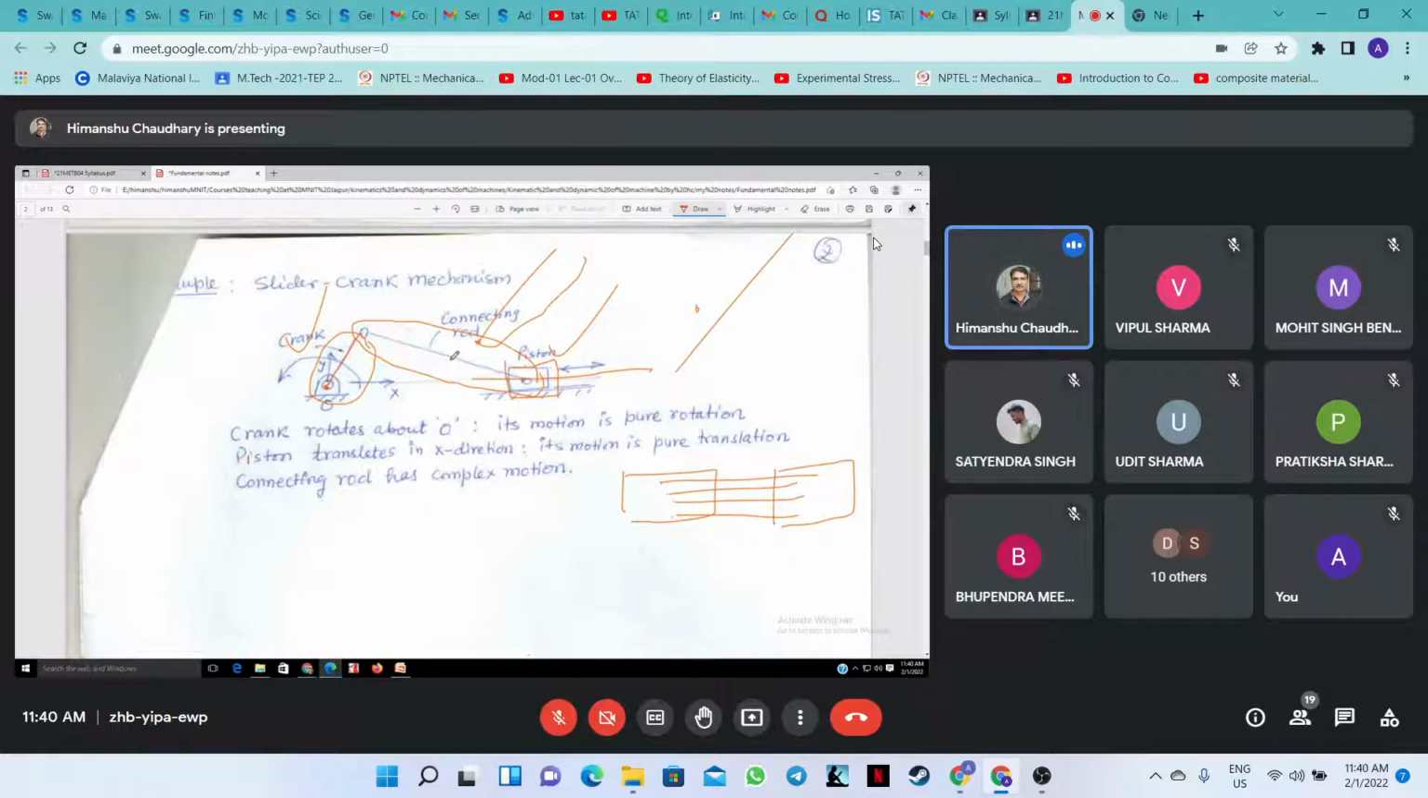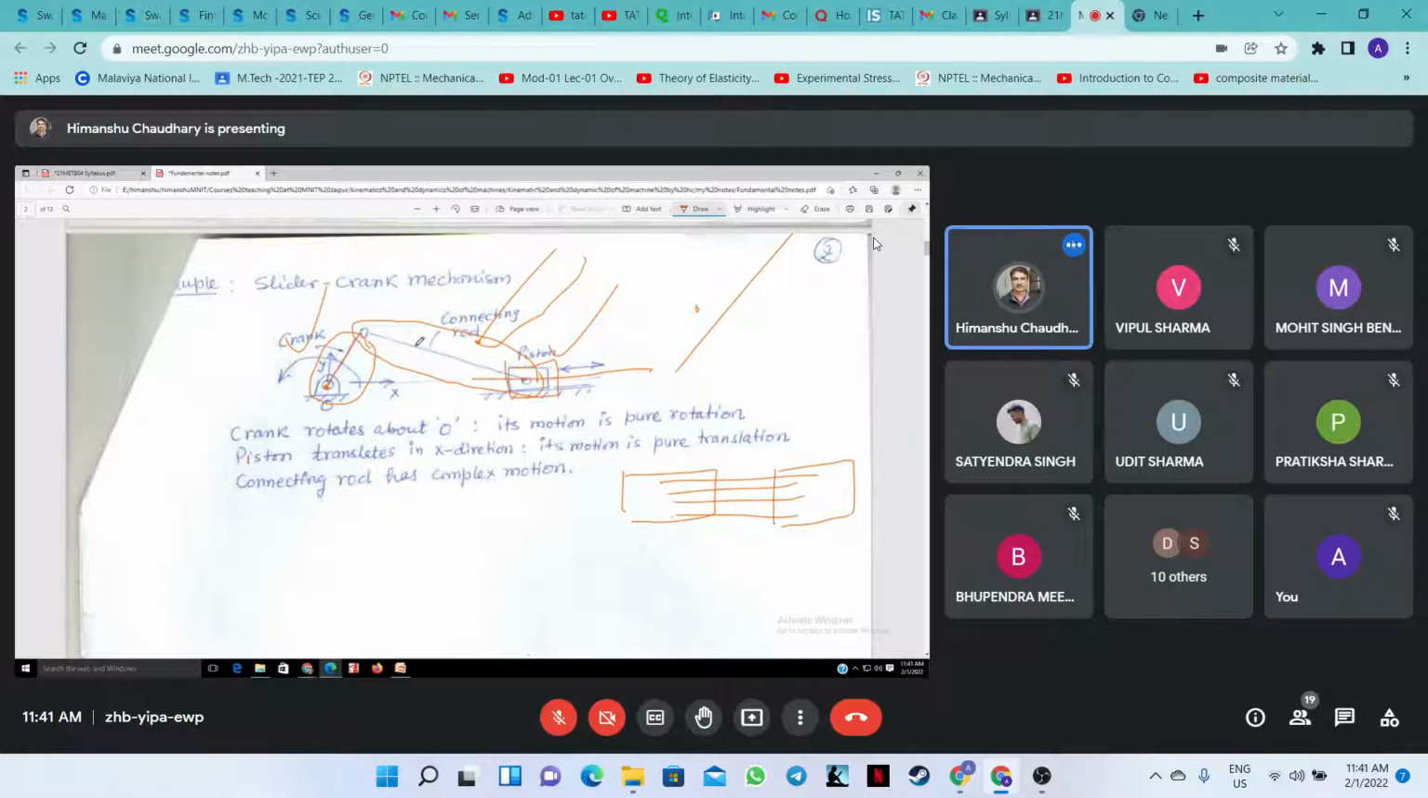And how do I find the position of this point? Or how do I find the velocity or acceleration of this point? Because this point is my interest, and it is used to drive another mechanism. So here this connecting rod, that is the third link, has a complex motion. So I define two